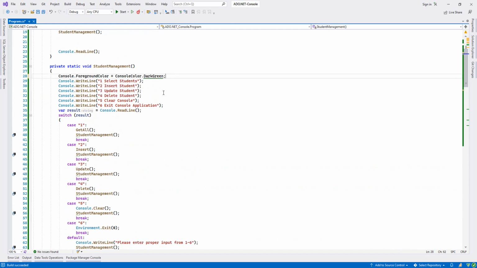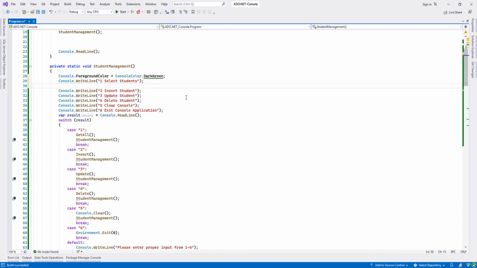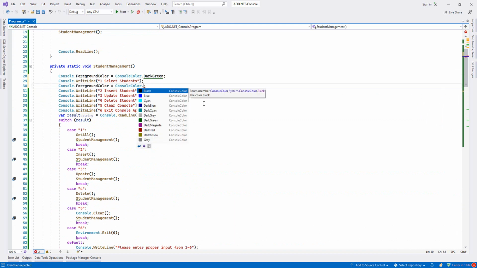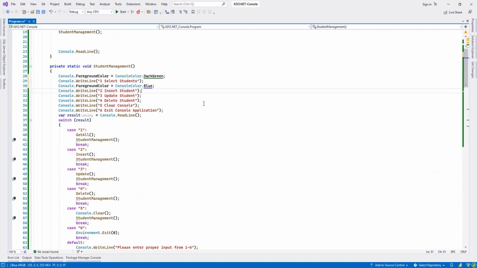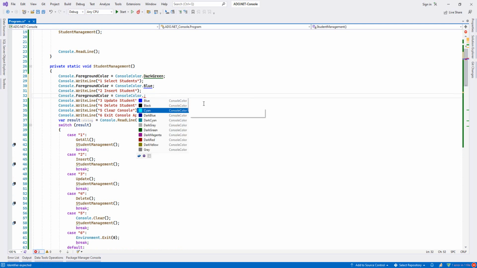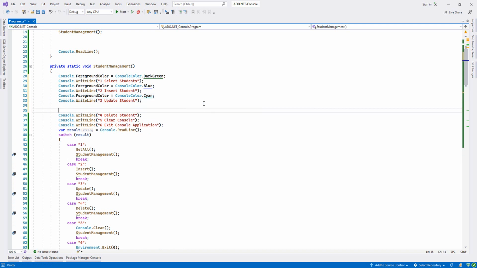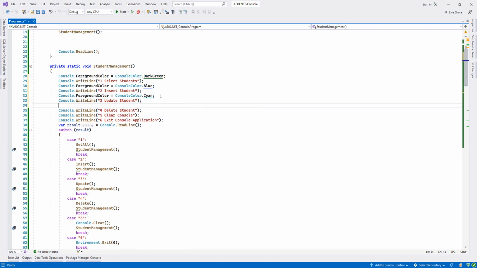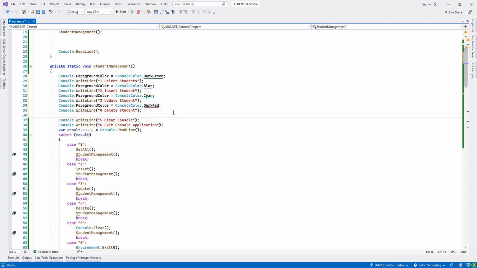This is for the first one, and the second one, which is insert, maybe blue. For update, maybe this color, cyan. And for delete, maybe dark red, and for clear,